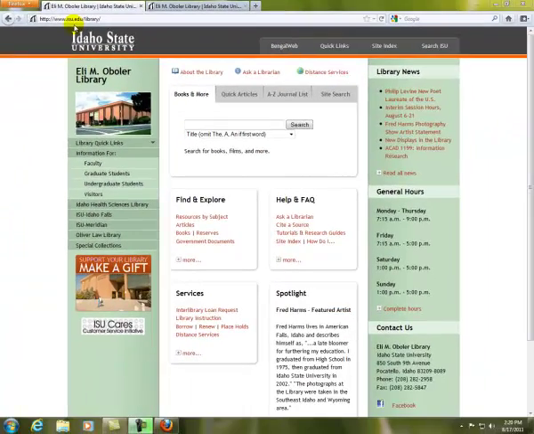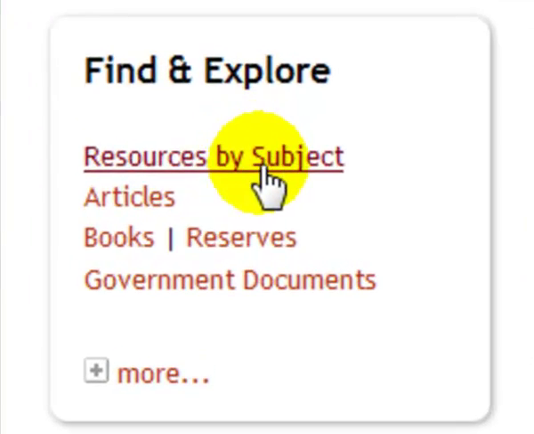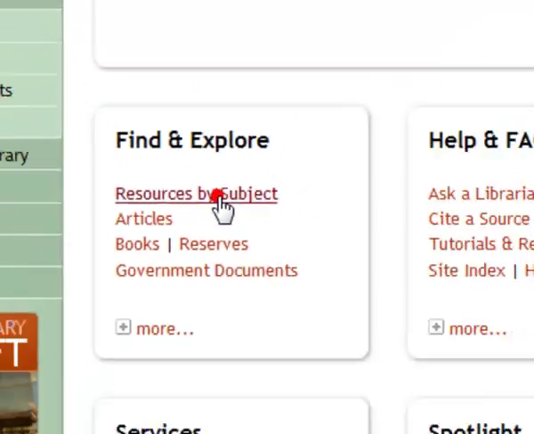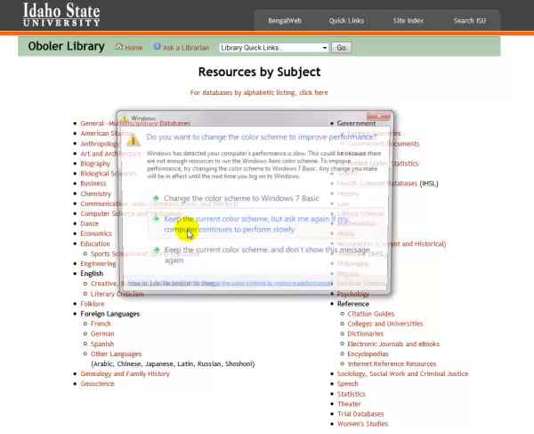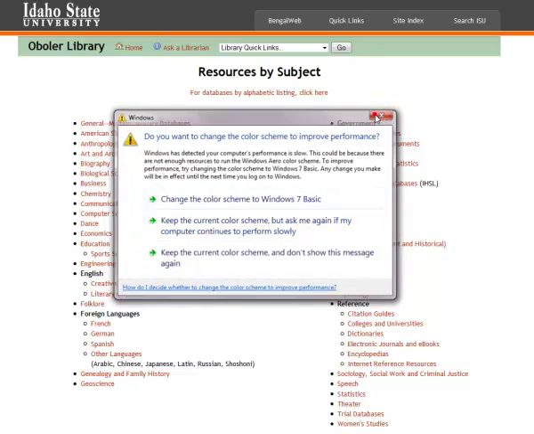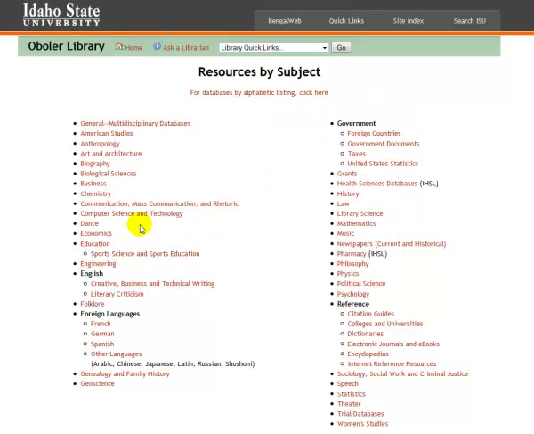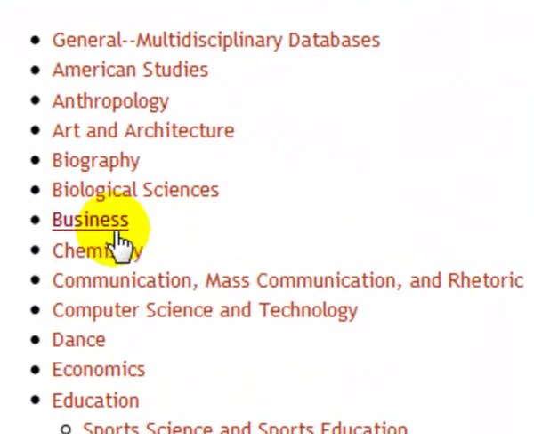In order to find articles in your discipline, I think the best link on our page is this Resources by Subject link. Here you will find lots of different pages. So we've got a business page, a chemistry page, an economics page. So depending on your discipline, your field of study, you want to choose the subject page that's best for you and your research. Say, for example, you are doing research in